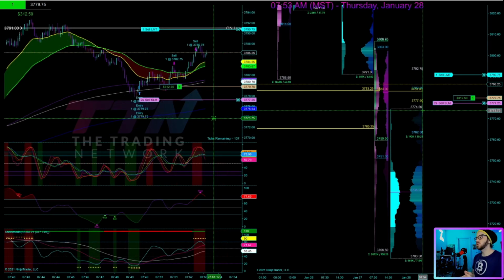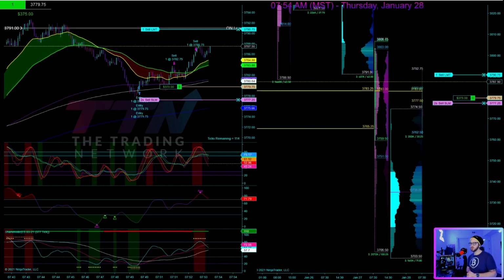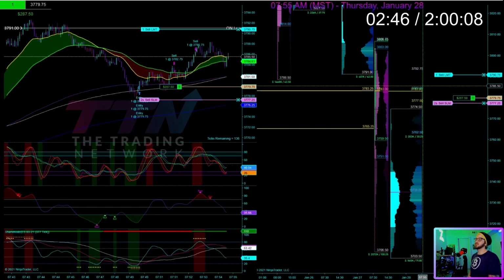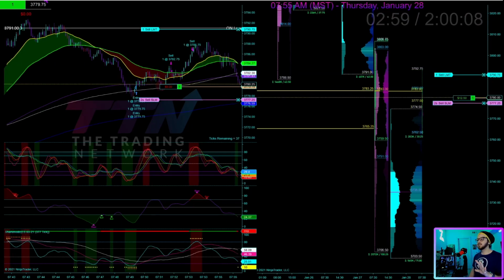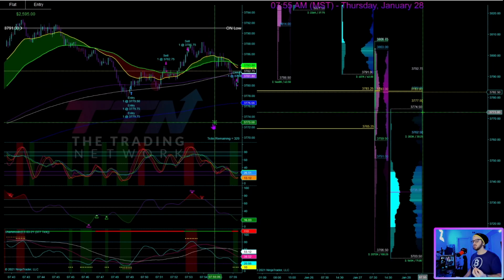As the rest of this trade plays out, you will see that I really don't touch my stop loss. I kind of just wait to see if price is going to move up to that overnight low target, and it gets quite close, and we'll see what happens. If I fast forward a little bit, you can see that price makes its way through the opportunity zone now, and I leave this trade on because I was anticipating a bounce in this area.